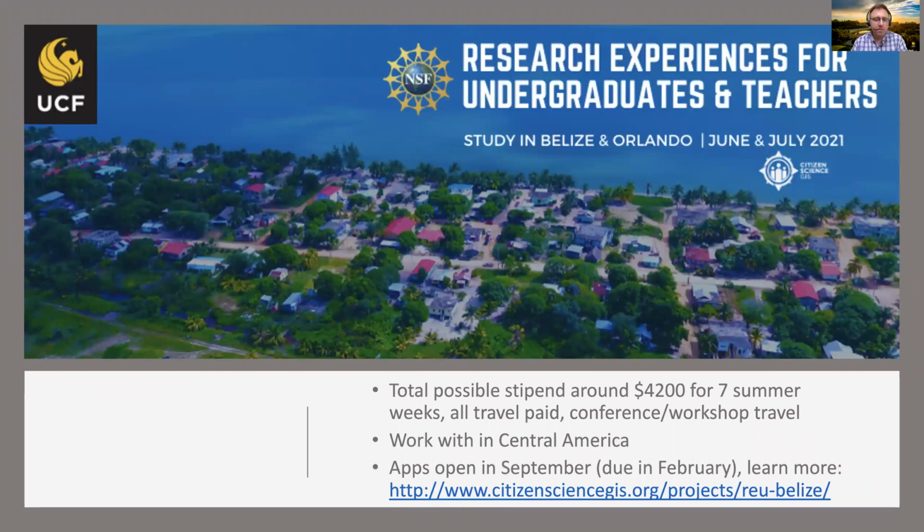But we also have funding from the National Science Foundation to expand that work with a new grant to also include K through 12 teachers in the work we do down in Central America. So much like the previous example, we have a handful of teachers that will be able to apply and potentially join us for a fully funded 7-week research experience, all travel expenses paid, and then also similar academic conference workshop